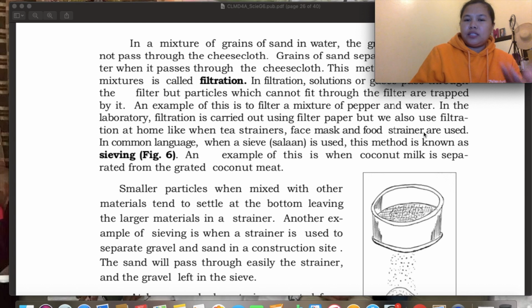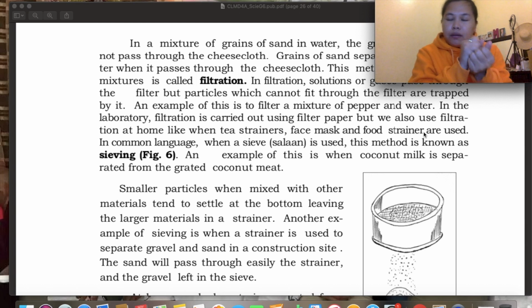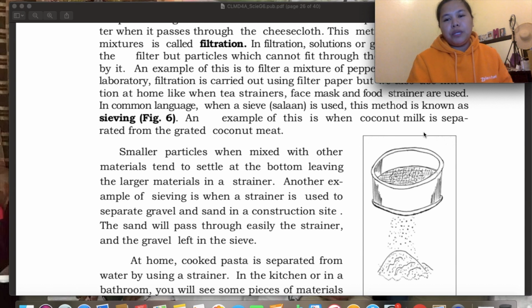So, the example of this is when coconut milk is separated from the grated coconut meat. Di ba, pag nagata tayo, gumagamit tayo ng sieve para ma-separate yung mga residue na solid particles, then yung gata, yun na yung gagamitin natin sa food. So now, the smaller particles when mixed with other materials tend to settle at the bottom, leaving the larger materials